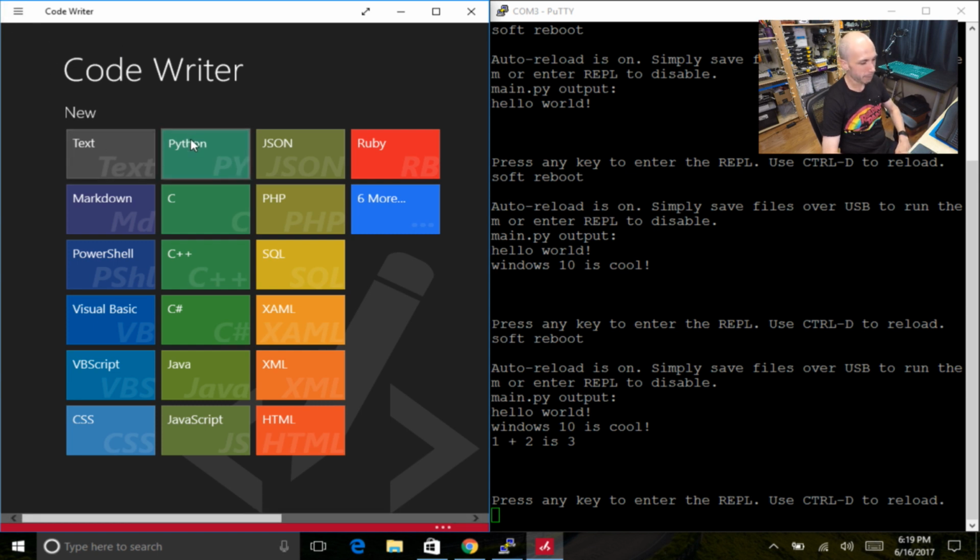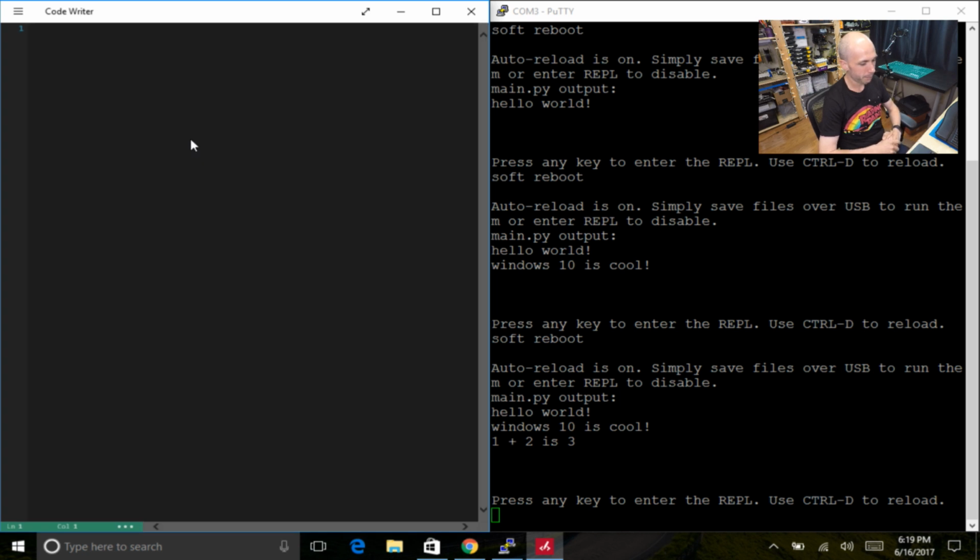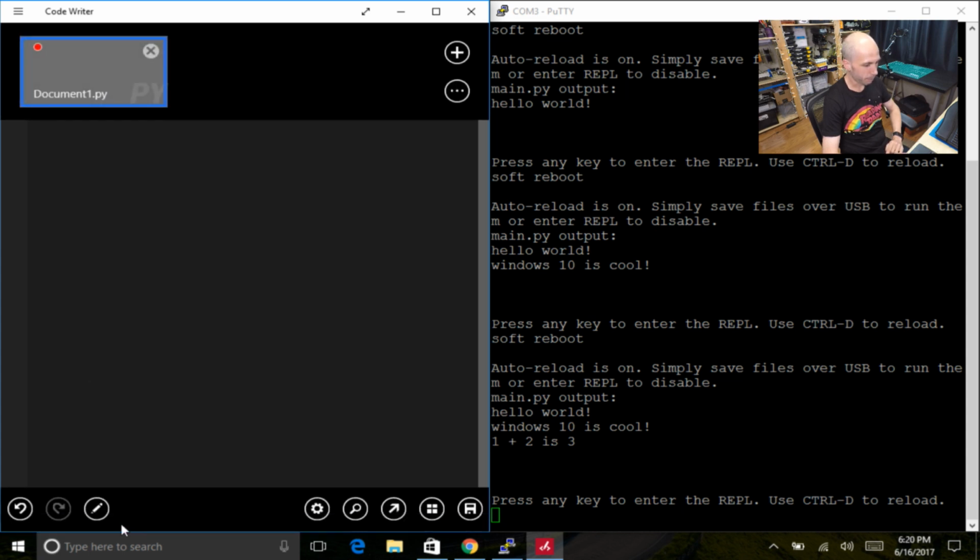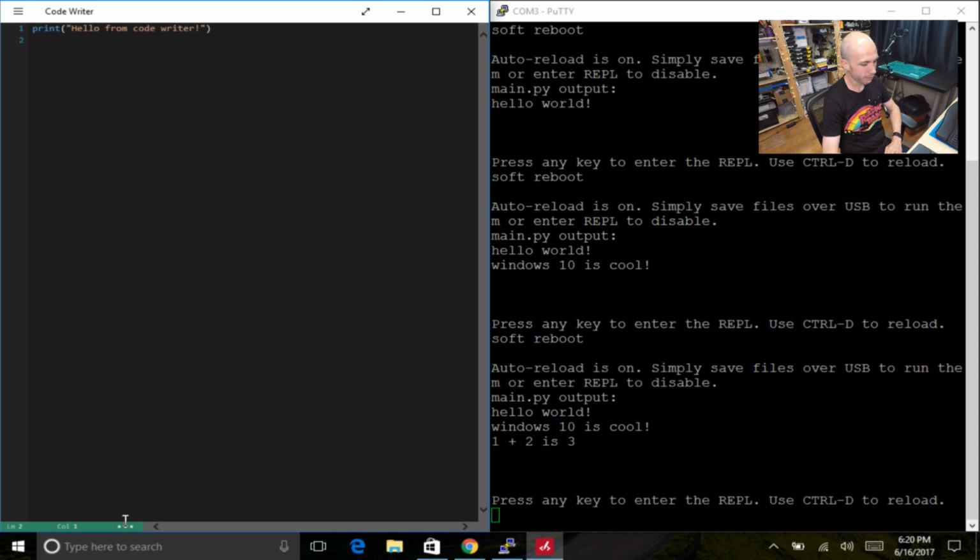Basically I want to create a Python script, so I click the Python button. And again, the big thing is I need to save this as a main.py on this board. So I'll put in some Python code, we'll say print hello from CodeWriter. And then to save this, you have to do that little song and dance that I just showed, unfortunately. So I'm just curious, let's see if this brings up, okay, so it looks like you can click this little